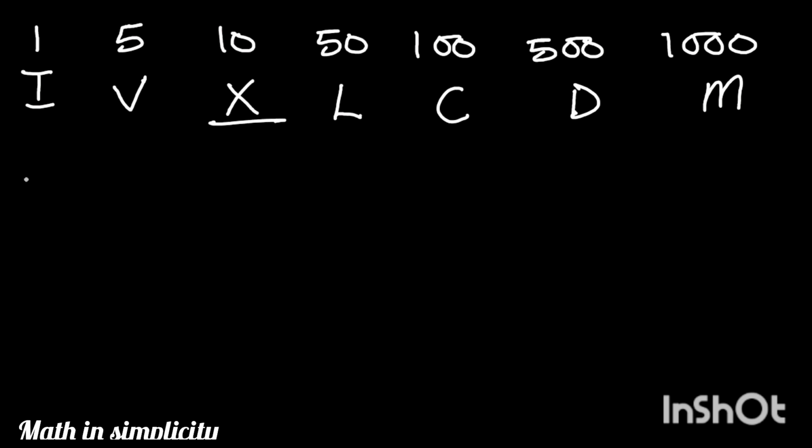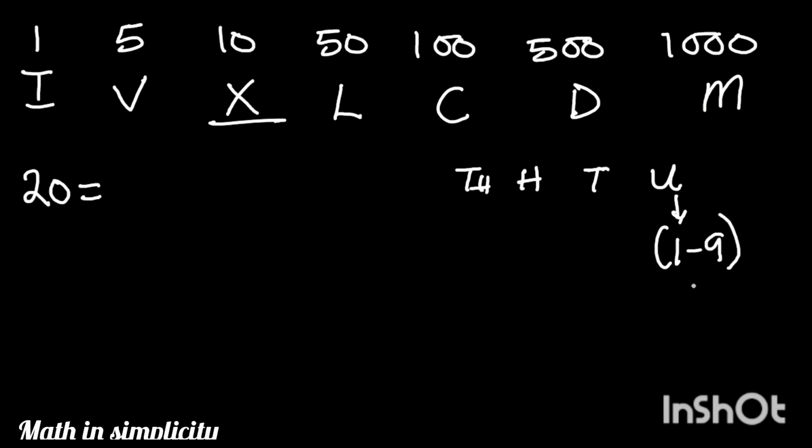Recall from your place value systems, numbers before the decimal point, you have the unit numbers, tens, hundred, and then we have thousand. In units, unit numbers are numbers from 1 to 9. So you notice that you just keep adding 1 to get to 9. 1 plus 1 is 2, 2 plus 1 is 3. Keep adding 1 before you get to 9. But as soon as you get to 9 and add another one, you now get to the next place value,